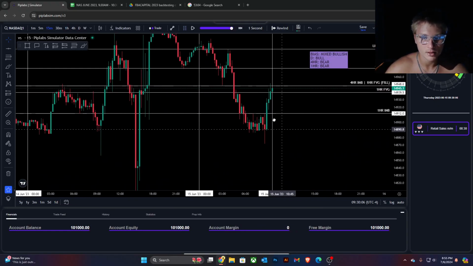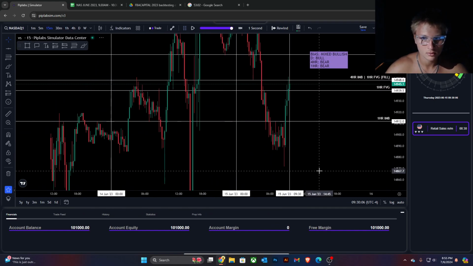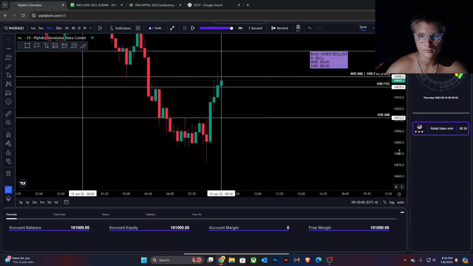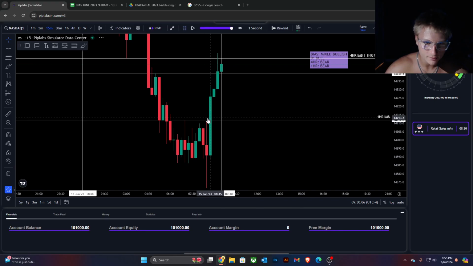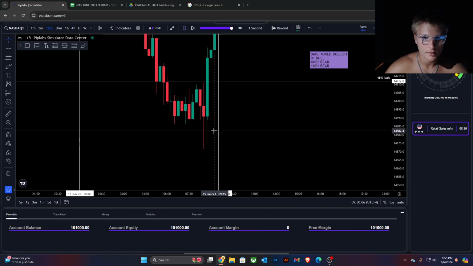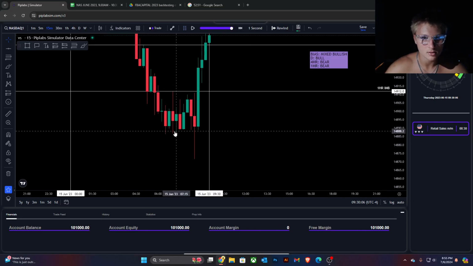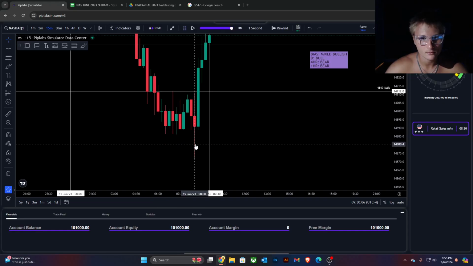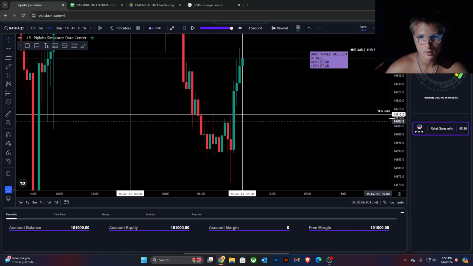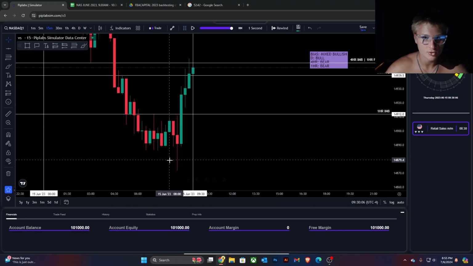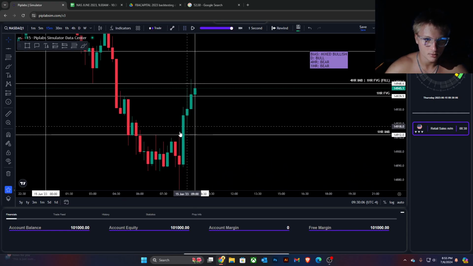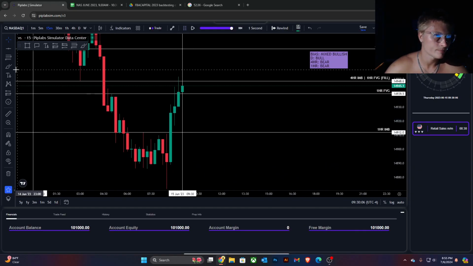On the 15 minute here, yeah, that would be a valid setup, because this 1 hour imbalance is also a 15 minute fair value gap, and liquidity was swept below these lows here. These are pre-market lows here. Boom, liquidity grabbed. Now if price wants to trade back into my imbalance, or this 15 minute fair value gap,